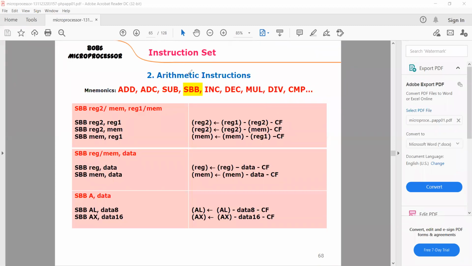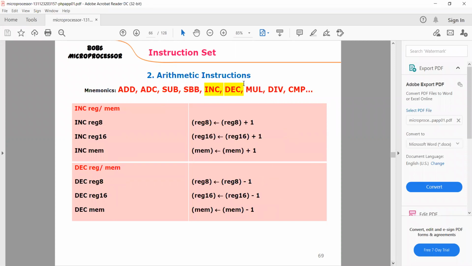Coming to the next category, increment and decrement operations. See here, this is very simple to understand. Increment means it will be incremented by 1. Whatever the operand contains, see here, the examples are given: increment register 8, increment register 16, increment memory. So for example, let us say